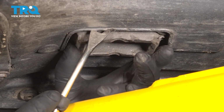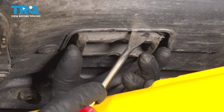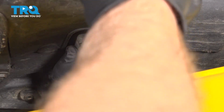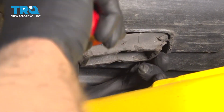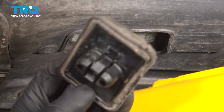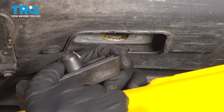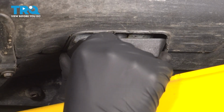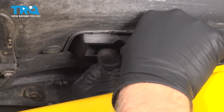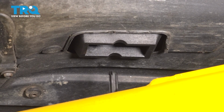Then on the side, we'll just use the trim tool and just pry it down. Just like that. There's the old one. I'm going to take the new jack pad, get that lined up. Push it in place. Take the pin,